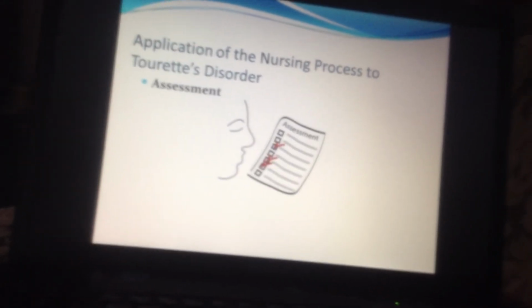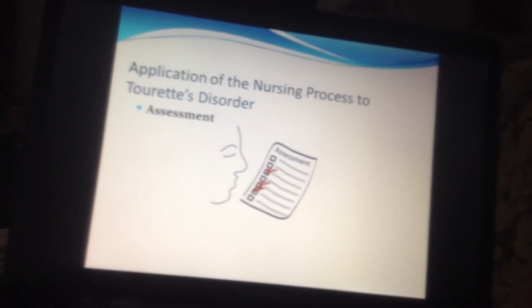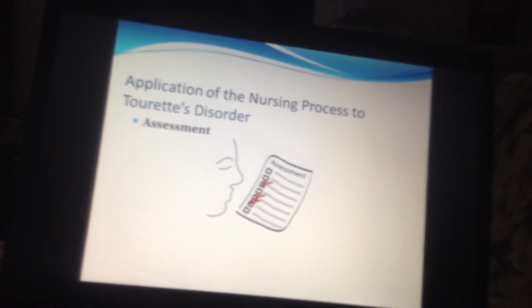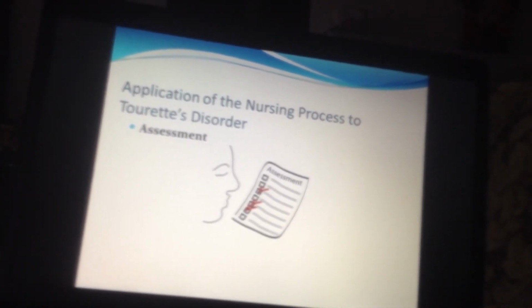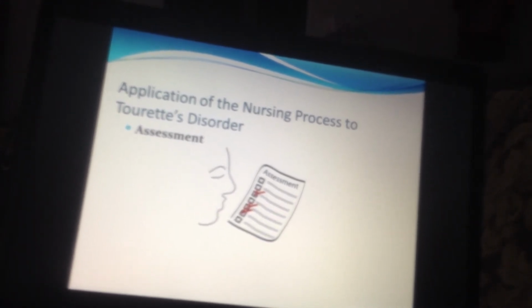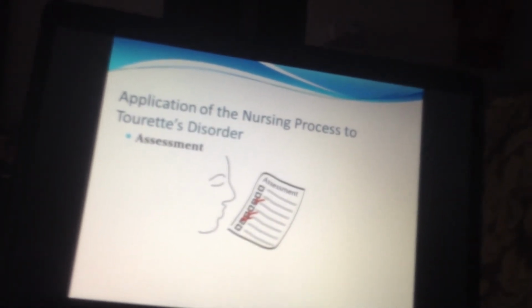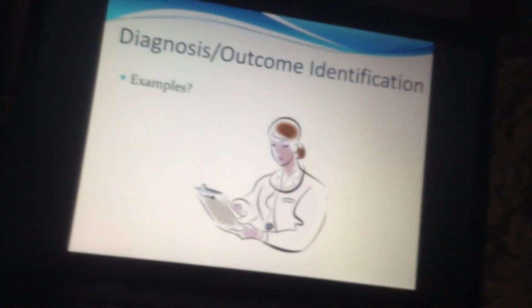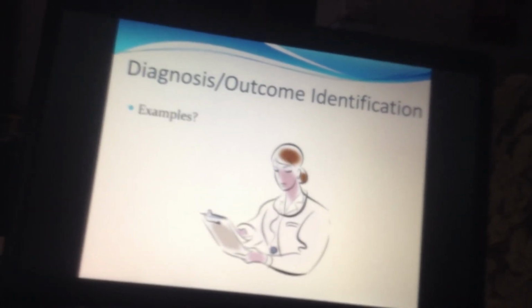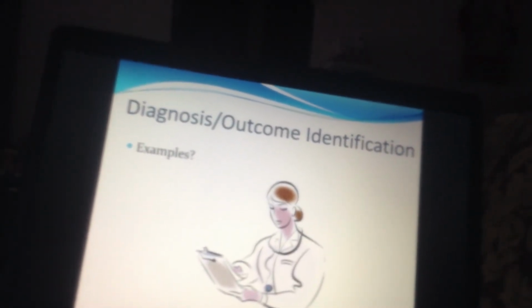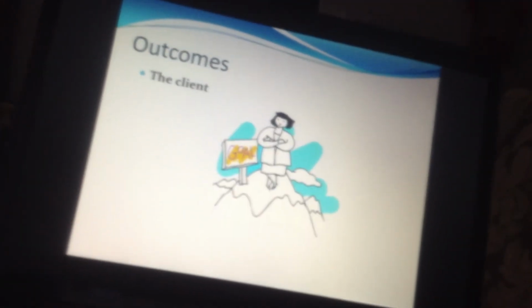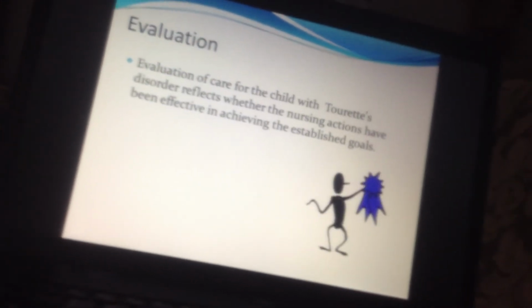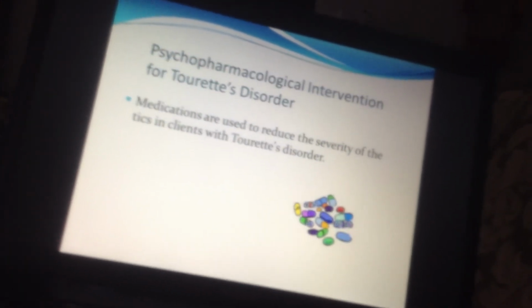Application of the nursing process. When you assess these kids, you'll see that they have tics that may involve the head, torso, or their upper and lower limbs. The sign may actually begin with a single motor tic, most commonly eye blinking, and then they could have multiple other symptoms. Diagnoses are risk for self-directed or other-directed violence, impaired social interaction, and low self-esteem. So you may want to look at those nursing diagnoses. Outcomes, planning, and evaluation, again, you can look at your textbook for those.